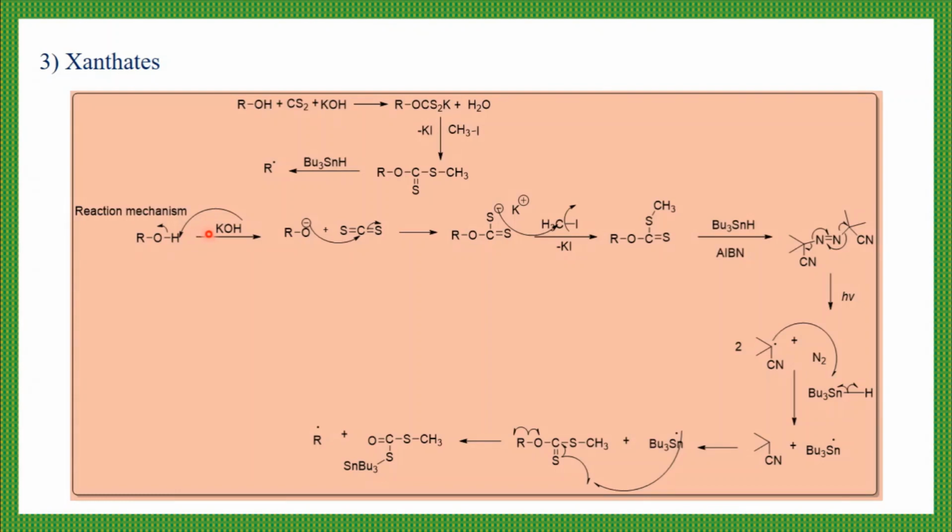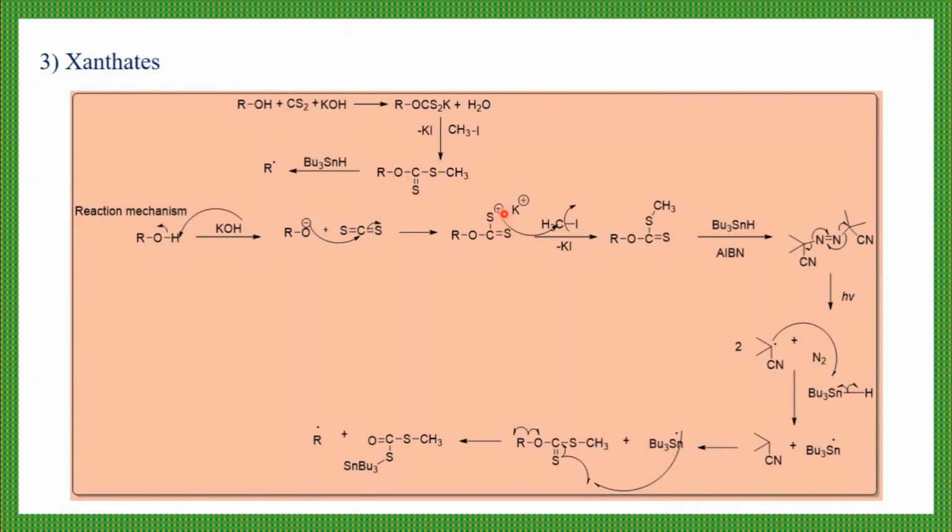This alcohol reacts with KOH, and the role of this KOH is that it acts as a base. It takes this proton and the bond pair shifts onto oxygen, giving a negative charge. It acts as a nucleophile, and this is your electrophile: due to the electron withdrawing effect of sulfur, which is more electronegative, there is a slightly delta positive charge on this carbon, so it acts as an electrophile. So this O minus attacks this carbon, the bond breaks and the bond pair shifts onto sulfur, so there is a negative charge, and this oxygen forms a bond with this carbon. So RO-C double bond S minus.